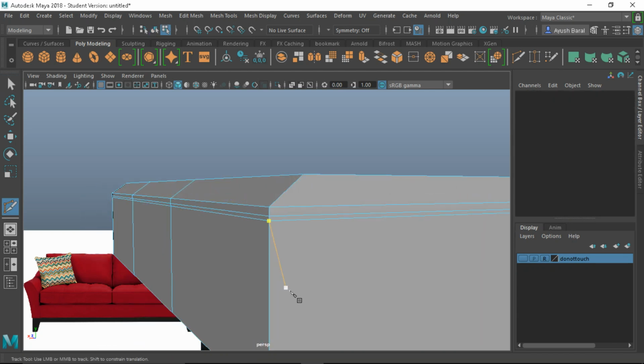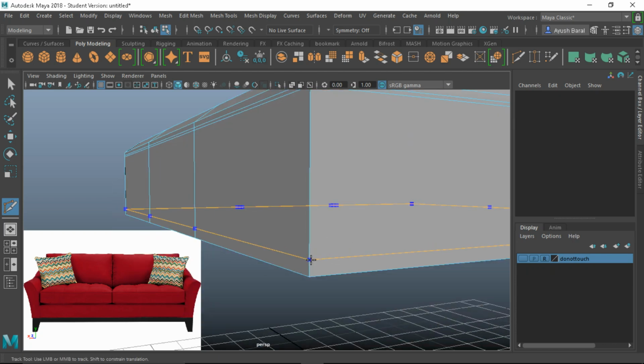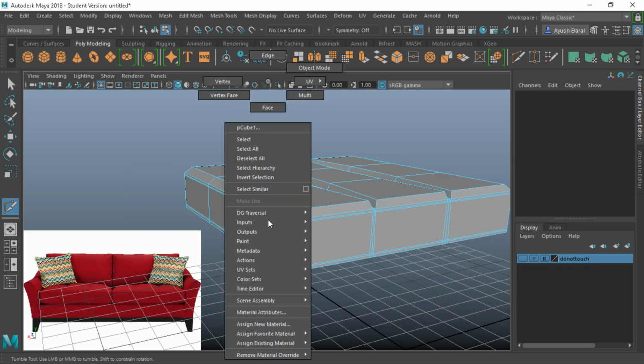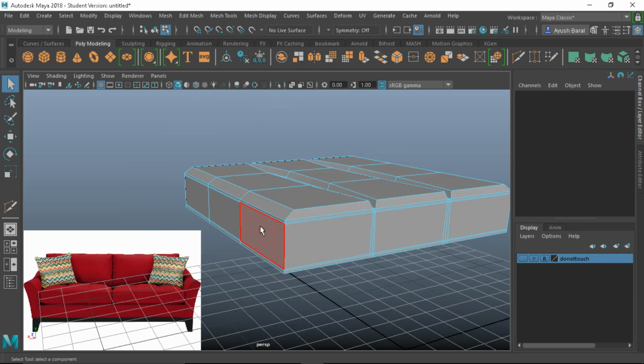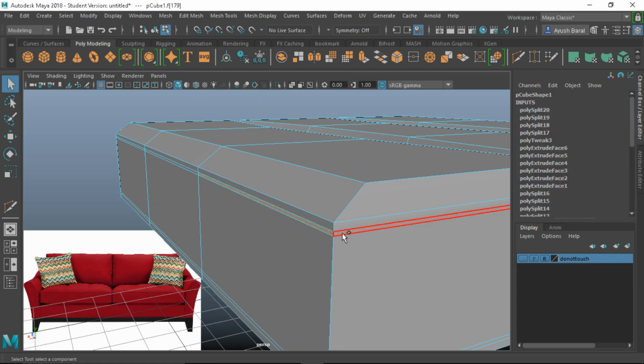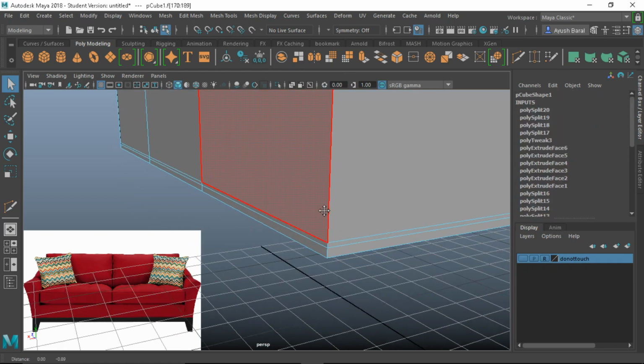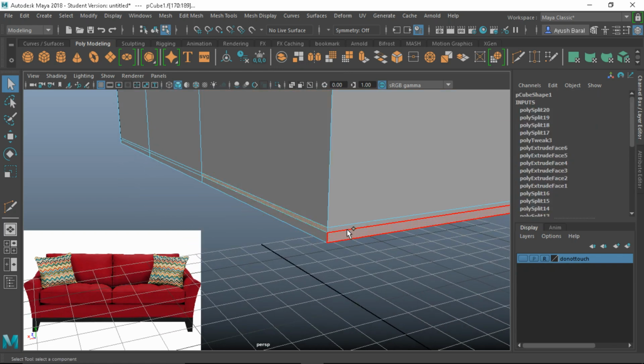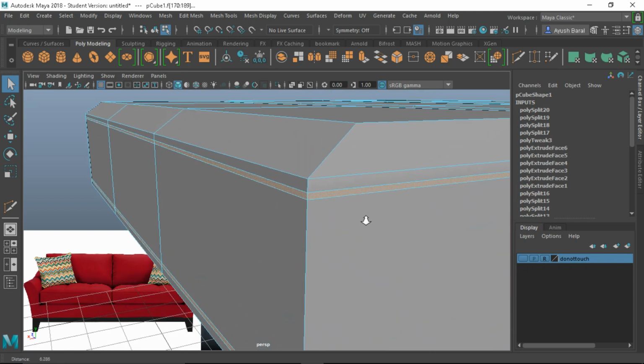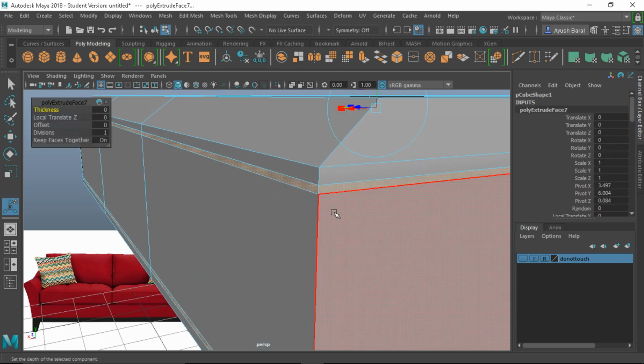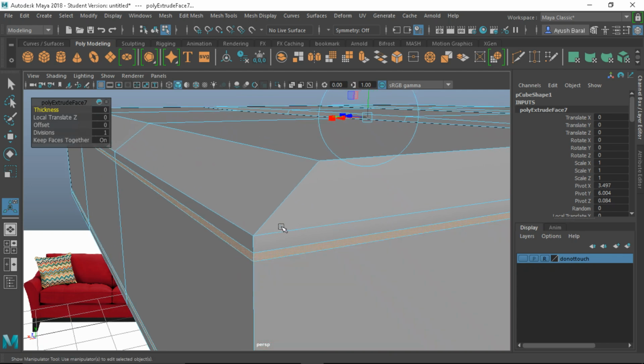So 2 here, and I'm holding control and clicking, so 2 there. So now we can go ahead into our face mode and click this and double click the adjacent face. Same right here. Let's go closely, hit Control E, and now thickness, pull them back a bit, not too much,